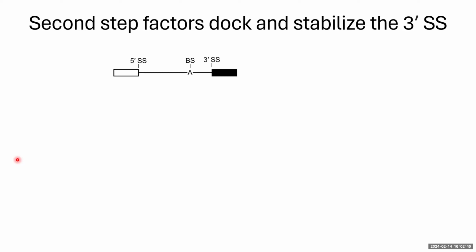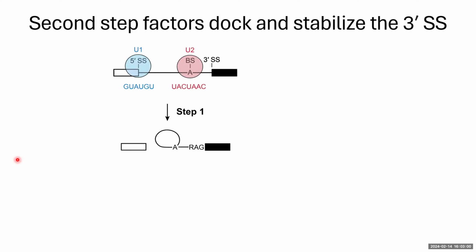Here, the 5' splice site and branch site are recognized by components of the spliceosome called the U1 and U2 SNRPs. And the first step of chemistry produces a free 5' exon as well as a lariat intermediate. And the second step of chemistry produces the mRNA product, both of the exons having been ligated together, as well